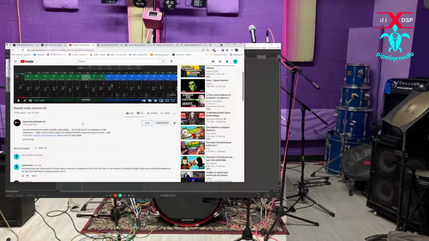We were cringing on the name when he said, "Why didn't somebody think of this?" But Glenn got a good look at this, and he actually showed a really good example of using the downward expander to take out some cymbal bleed. Our multiband compressor is going to do something similar, but